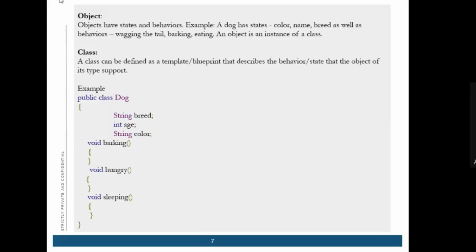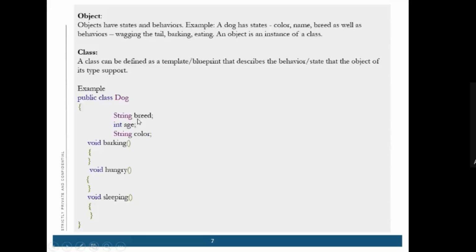We will learn with an example, first with a class. A class can be defined as a template or blueprint that describes the behavior or state that the object of its type supports. For example, take a class Dog. Its String will be breed. String is nothing but the data type.